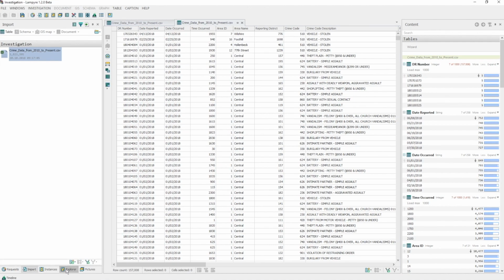Now we switch to the Explorer window, for example by choosing it in the Windows main menu, and rename this new table into Crimes 2018. We can rename it 3 different ways. We click the new table, then press F2 and edit its name. Or we right-click it and choose Rename in the context menu. Or we click the table once to select it and then click it one more time to make it editable. Now we'll be working with this new table.